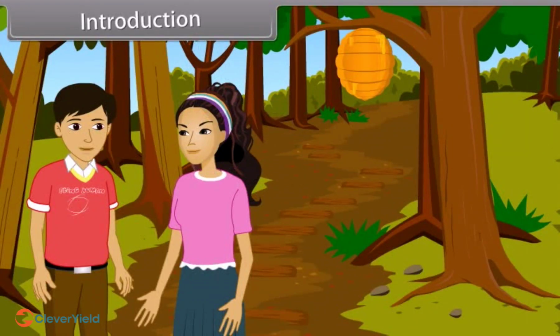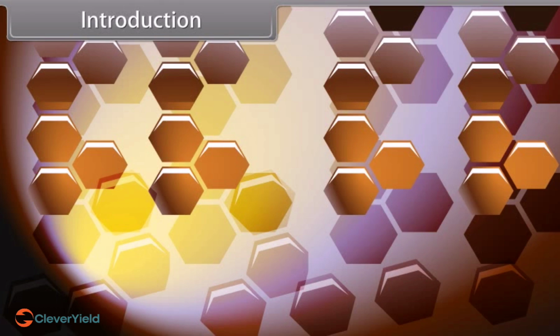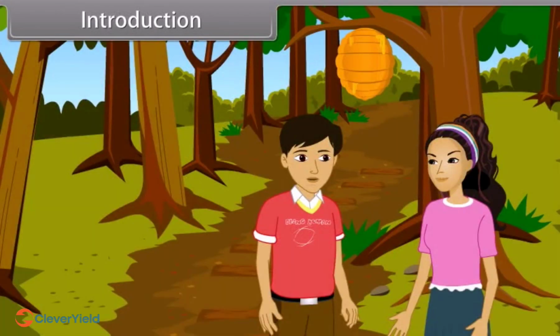Introduction. See those holes on the honeycomb. Yeah, how beautifully the bees make the honeycomb. Have you noticed the holes in that? They're in a pattern. Hey, yes, they form a pattern. In nature we can find so many things with patterns. Things like,